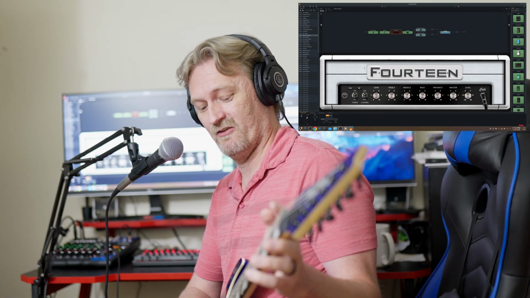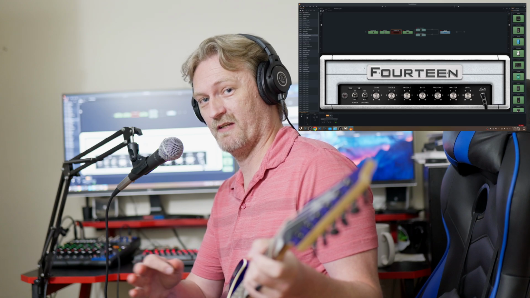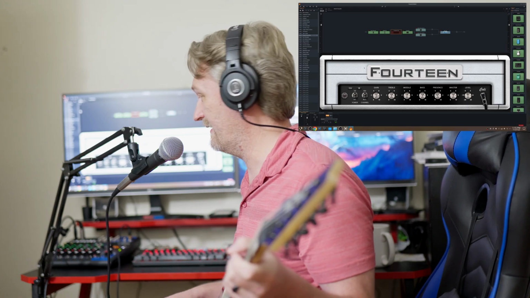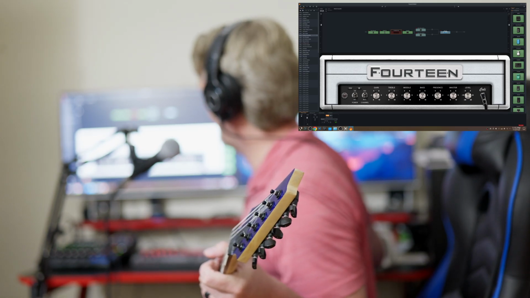Now this guitar, the Ibanez, I do have tuned to D standard, so it's a whole step below standard E. So, turn the amp back on.